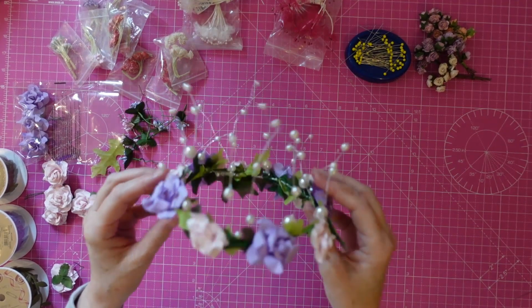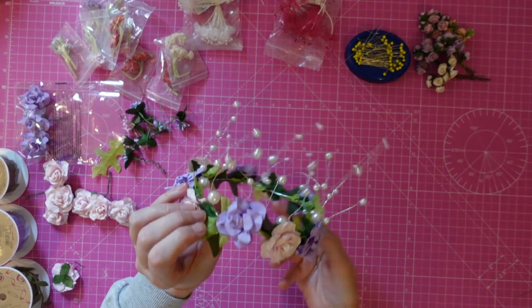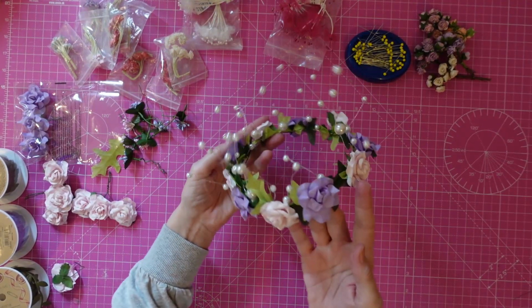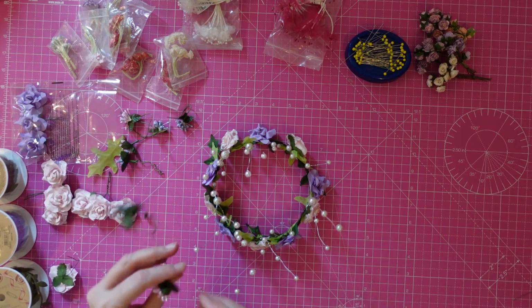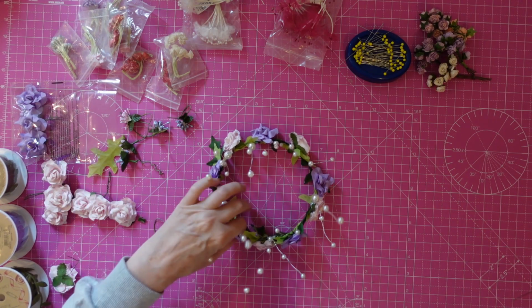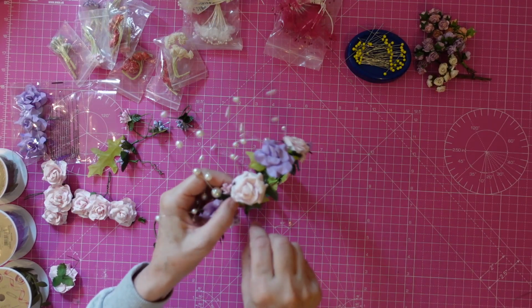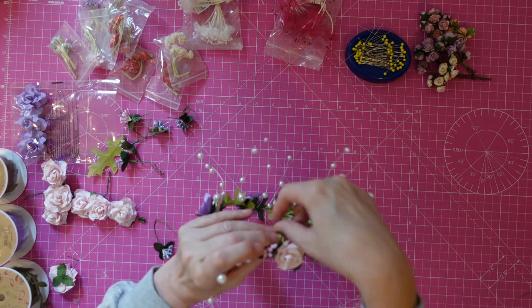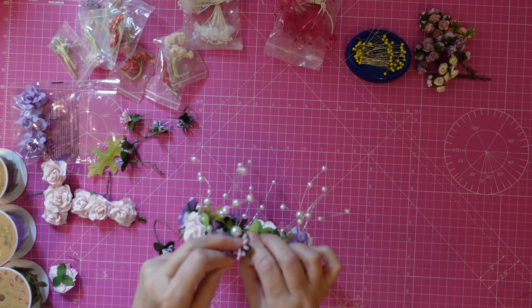So here it is, just like that. So you could just leave it like that and it's really beautiful. It looks really cute. Or you can add some extra bits in. So I'm going to put a few of these in, which I've got here. I'm just going to do exactly the same as we did with the roses. Pop them in, wind it around a couple of times, and then fold that end piece back out of the